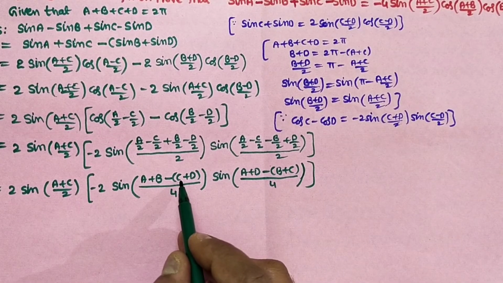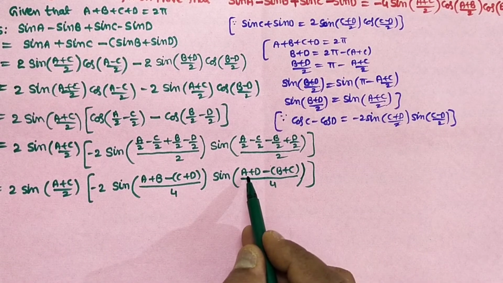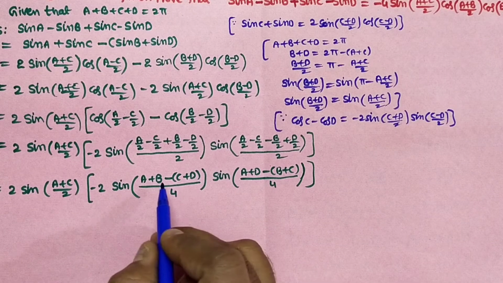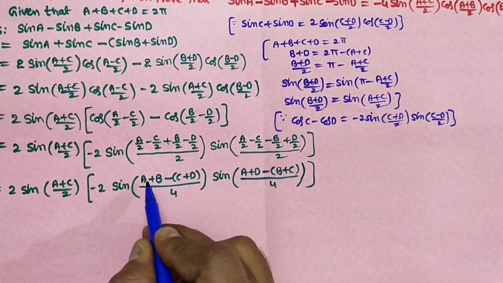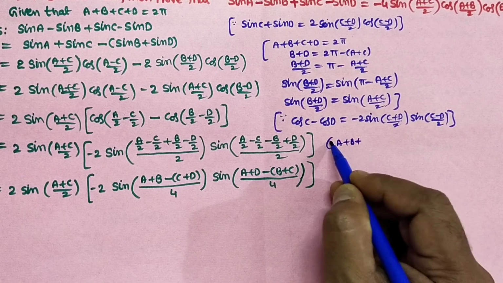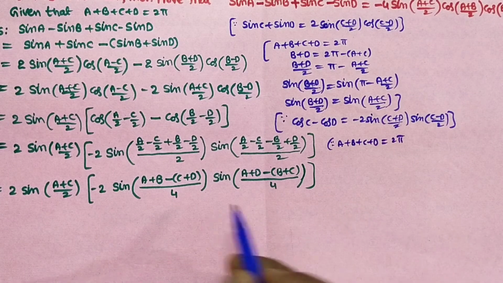So c plus d in terms of a plus b, and b plus c in terms of a plus d, we want to write. Since we have a plus b plus c plus d is equal to 2 pi,